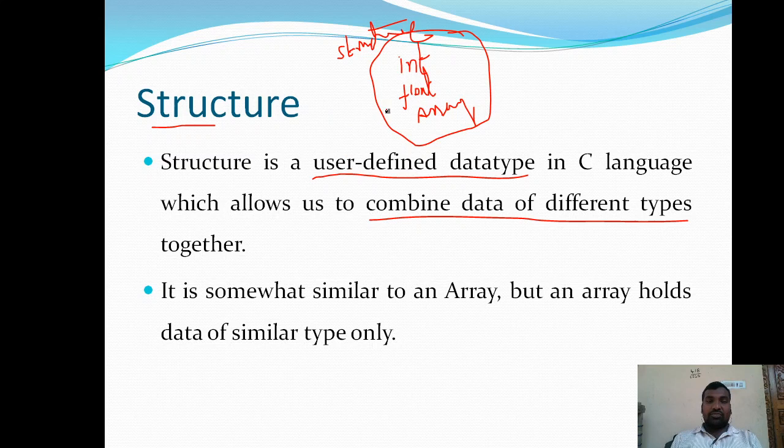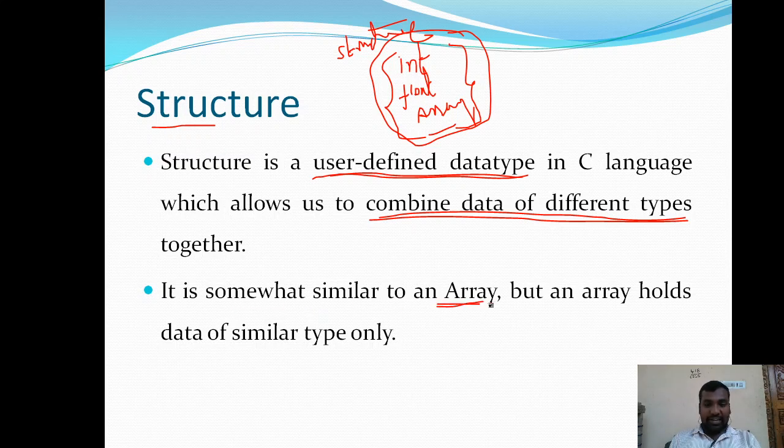So here we are forming our own data type. It may include any kind of data, that's why we call it a user-defined data type. The user-defined data type contains a combination of several data types that already exist in C programming, which may be primitive types or user-defined types.